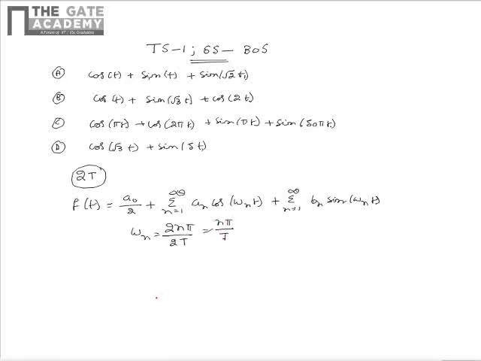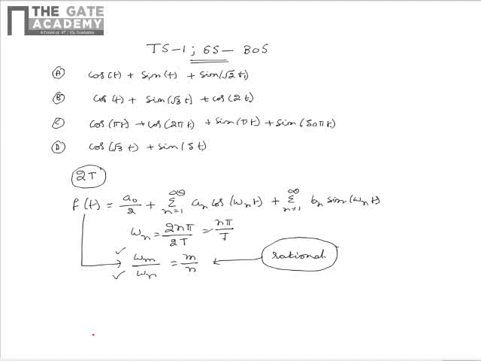From this we see that if we pick any two terms corresponding to the Fourier series expansion of f of t, the ratio of the frequencies, that is omega m divided by omega n, is equal to m by n. As m and n are integers, the ratio of the frequencies should be rational. So one of the important properties to note here is that the Fourier series expansion contains many terms, and if we pick the frequencies corresponding to the harmonics, the ratio of these two